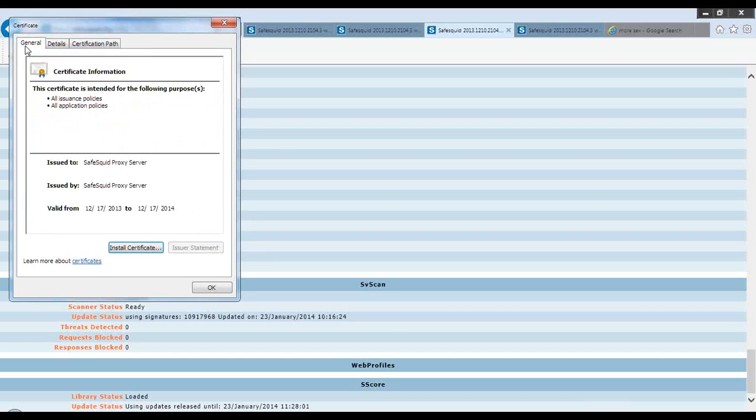Every time you set up a new SafeSquid, and you generate a new certificate, it will be a new thing and completely unique from anybody else's. But you can, of course, if you know the passphrase, copy the same set of certificates across your cluster, and you can load them if you also know the passphrase. That's a passphrase.